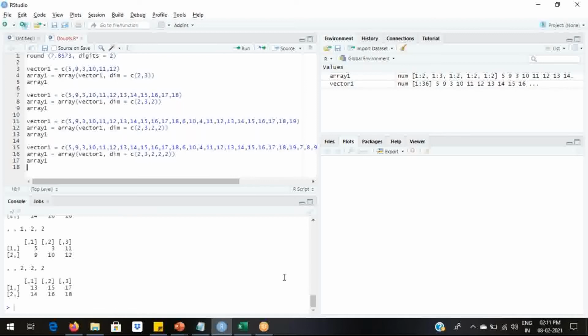The third doubt was why we are not appending L to integers while defining them in, say, a list or a vector.